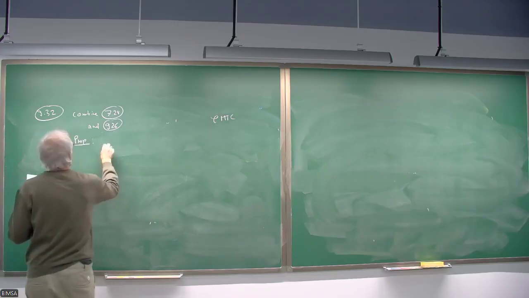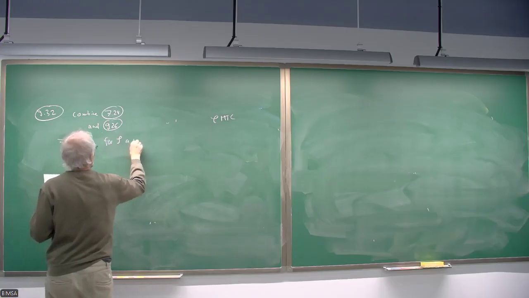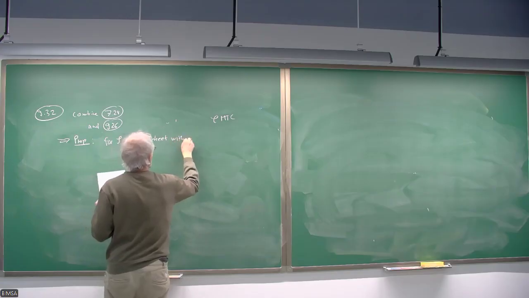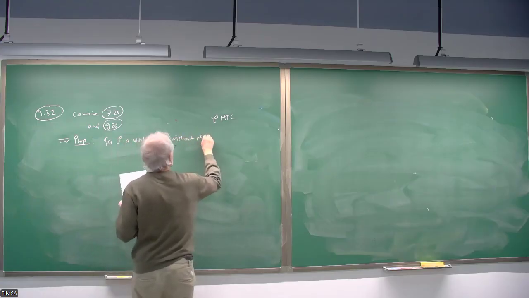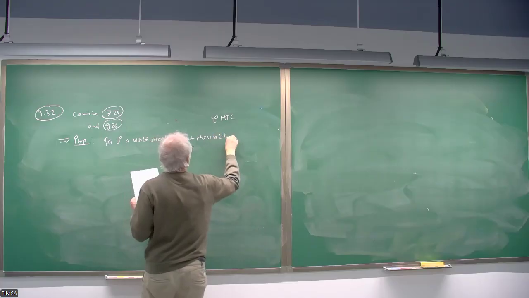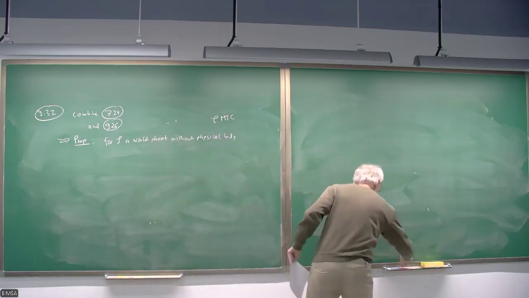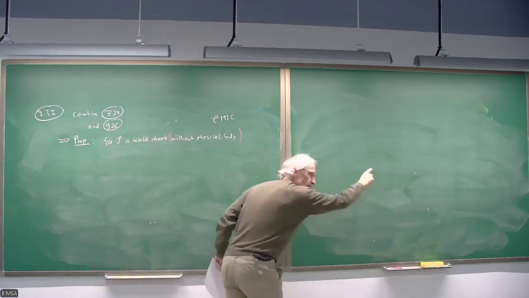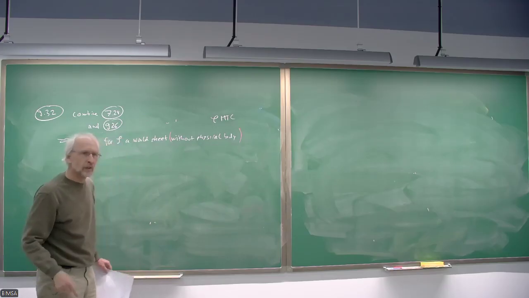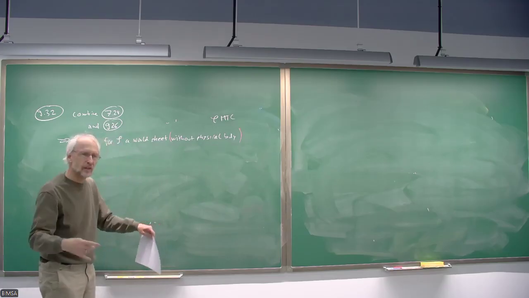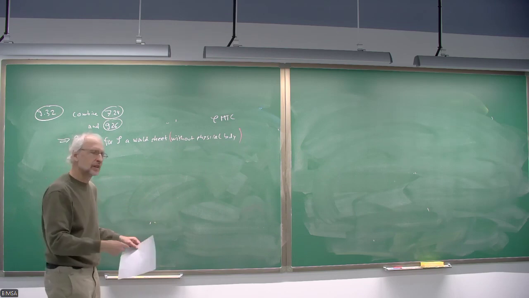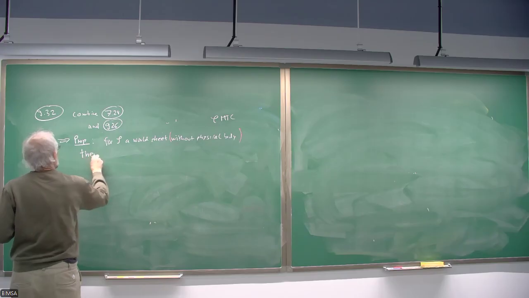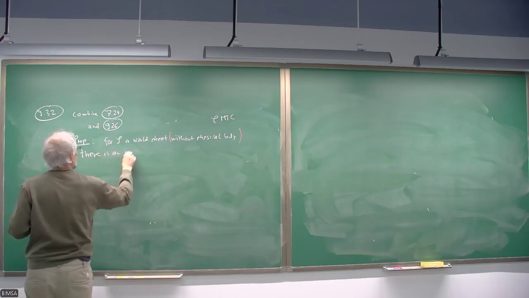For a worldsheet without visible boundary, but as I just told you, this is not really a restriction because we can replace a worldsheet with physical boundary by this complemented worldsheet, which does not have a physical boundary any longer. There is an isomorphism